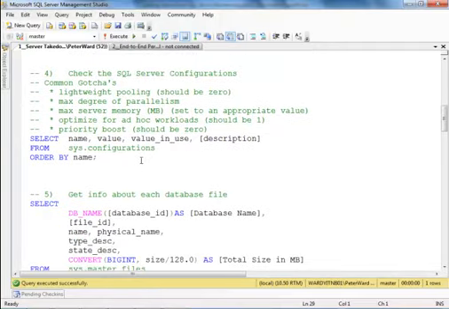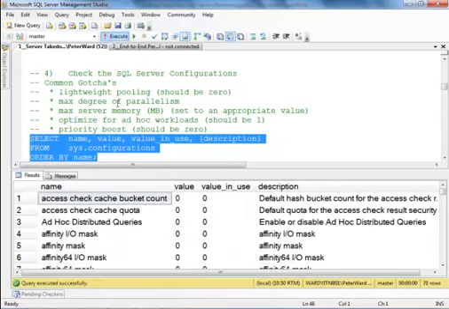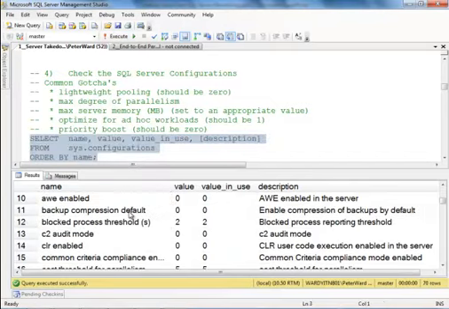So the next thing I want to start to take a look at is configuration information. Traditionally we'd use sp_configure to go and see configuration information. The problem with that is we need to enable the advanced options and do a reconfigure with override, and even that didn't show all of our options. We've actually got sys.configurations that we can query directly from, and that's going to give us all of the configurations that are set on this particular machine.